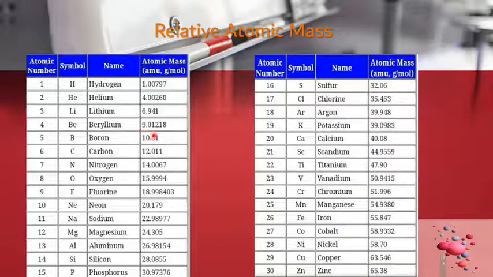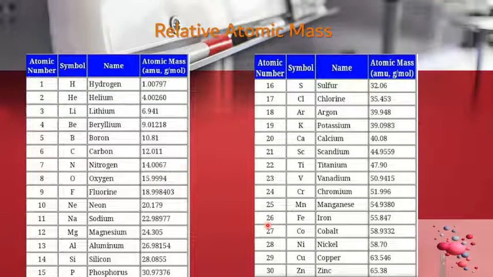So you have to memorize the mass numbers of atoms from 1 to 30, and that is their atomic mass also. When we calculate the molecular mass of any compound, we need the atomic mass of the atoms. So atomic mass is related to mass number. Only chlorine has a relative atomic mass of 35.5 and copper 63.5. For all other atoms, you will use their mass number as their atomic mass.